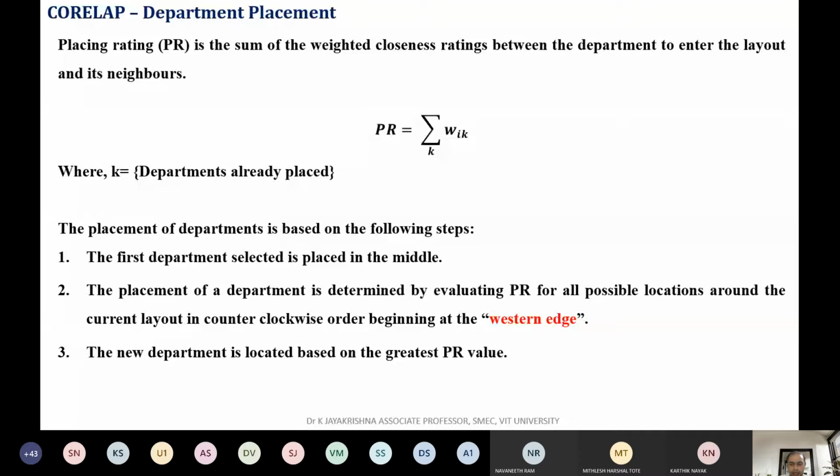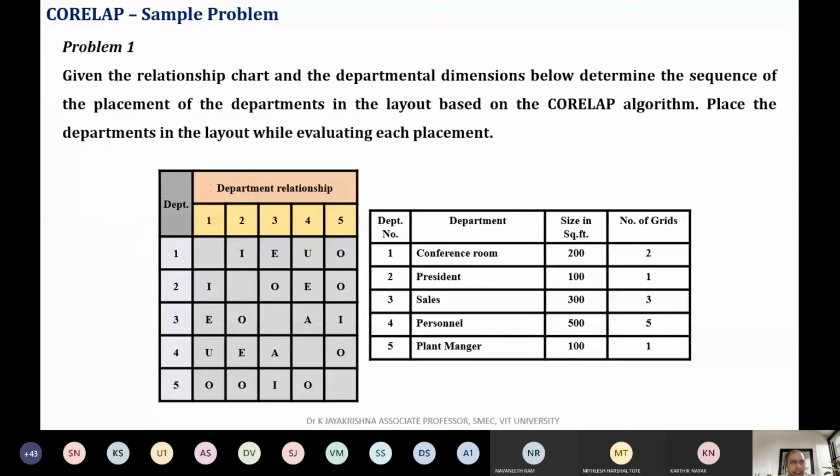So without further delay, let's move to the problem. Imagine this is the problem. If you observe this problem, you can clearly understand that the relationship diagram is given to you. So this is the relationship chart. Last time we had it as a triangular thing, right? In the algebra problem, you had it as a triangular thing where you will find the departments like this here. So here what happens?